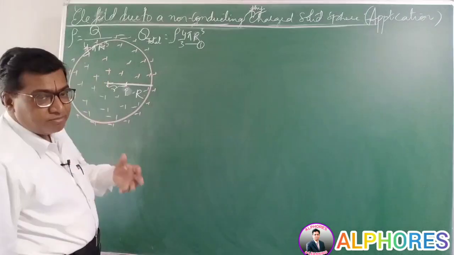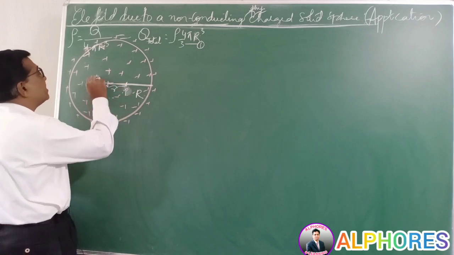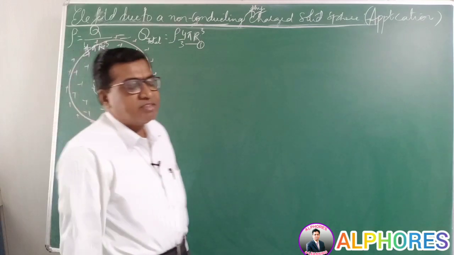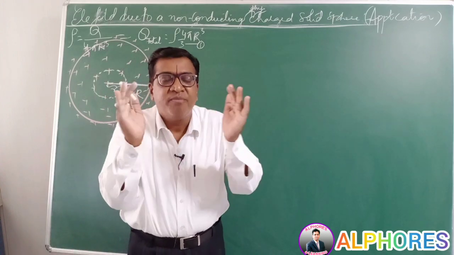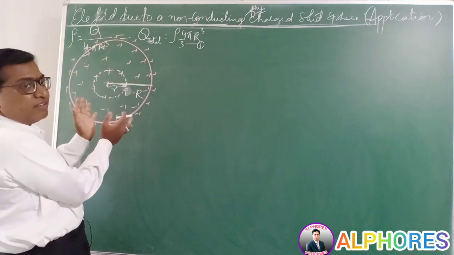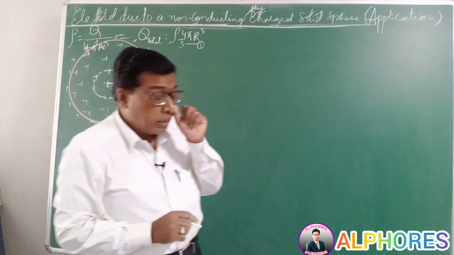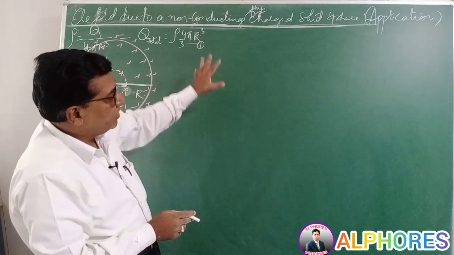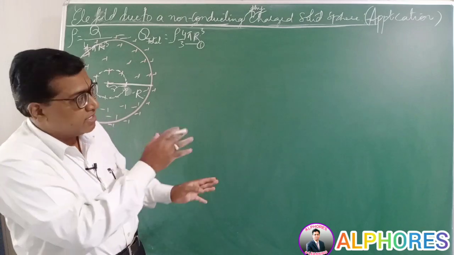Now the steps: we have to apply Gauss law. So first, the first step is to imagine a Gaussian surface. I was telling you, whenever you imagine a Gaussian surface, it should be symmetrical to the given charge distribution. Since the charge given is a sphere, our Gaussian surface is also a spherical surface like this, a sphere. Now I was stressing on this. I have given you a table even, where for different charge distributions, there are different Gaussian surfaces and different directions of the electric fields in those cases.